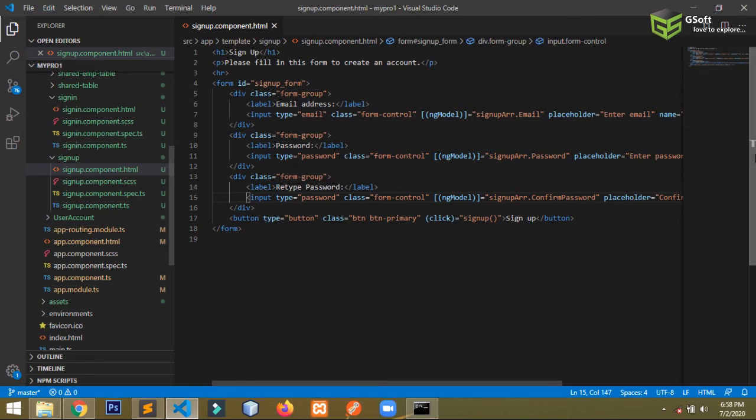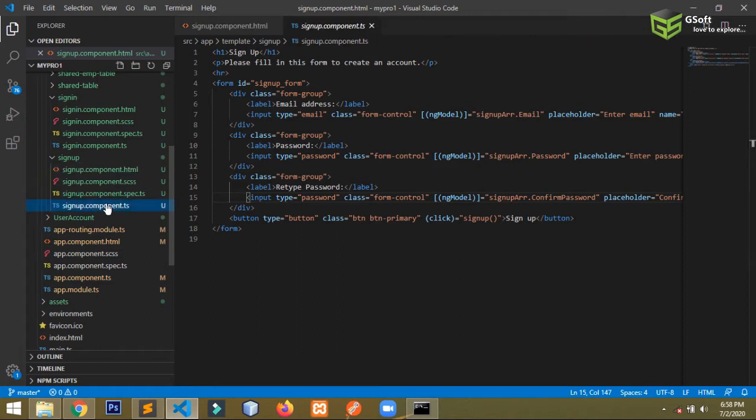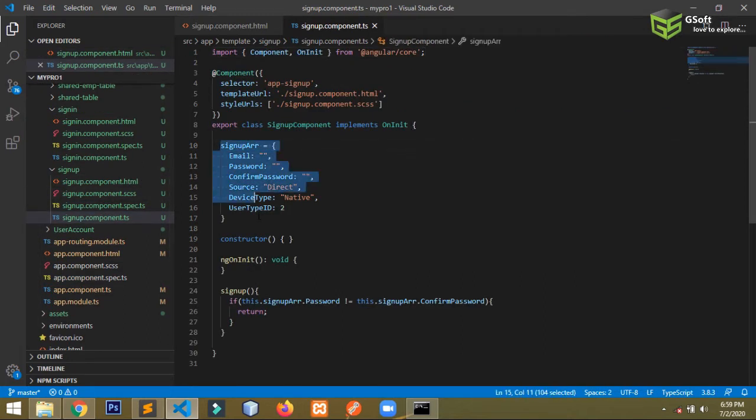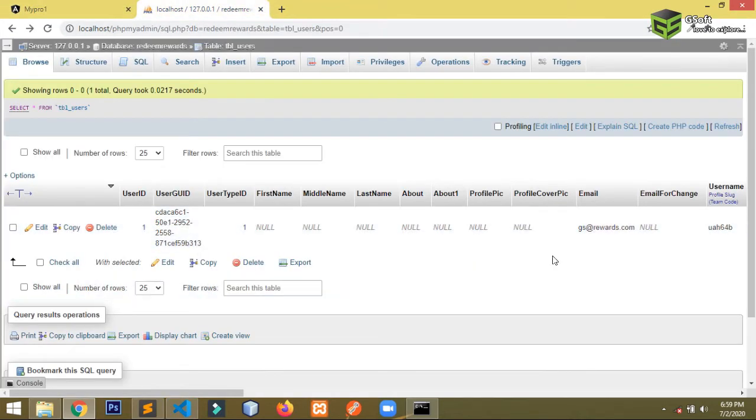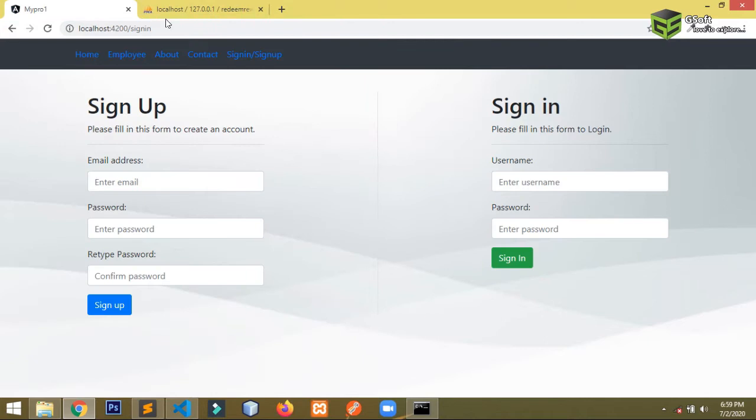And I have already created an object with these many parameters, because these many parameters will be required in my APIs or services. So basically what I will do, I will create a service which will call my API, and the data will be inserted inside my table here. So I want to sign up or register a user. Whenever I register a user, a new entry will be created in this table. So how I will do that, let me show you.